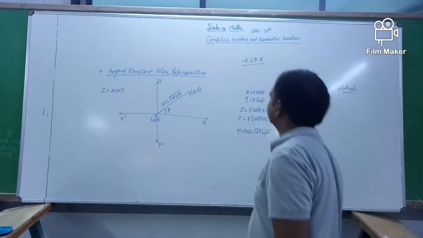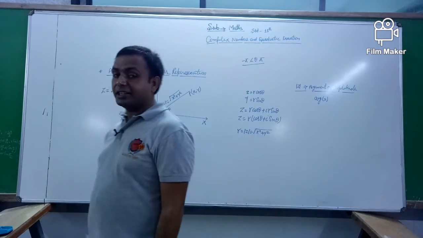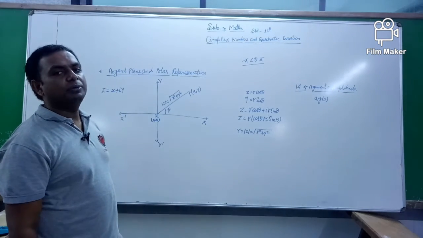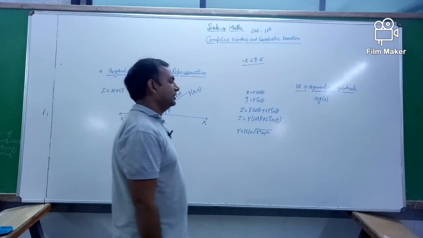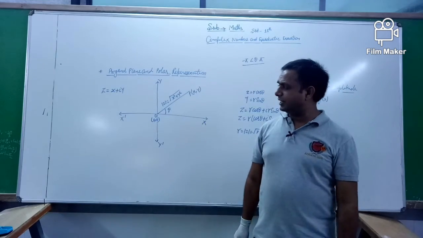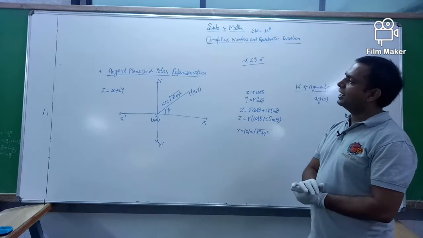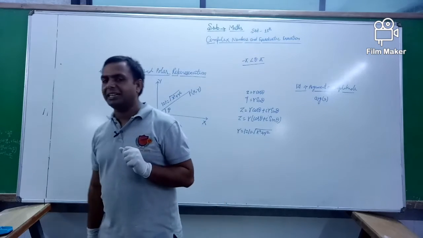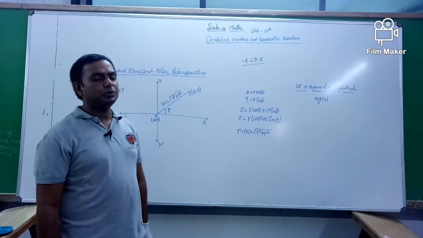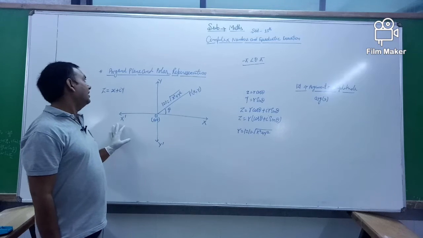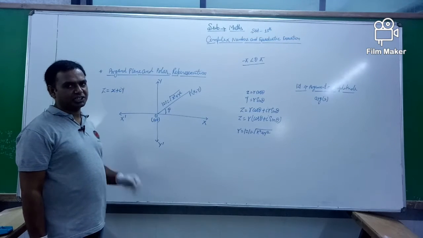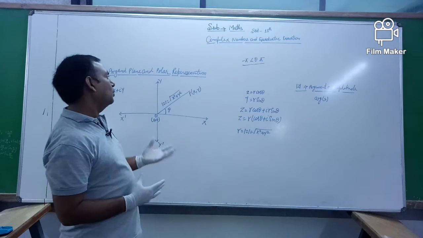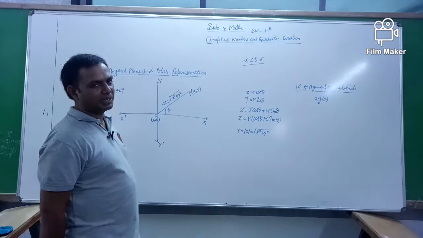In the previous lecture on complex numbers and quadratic equations, we solved problems related to i, and also how to represent any complex number in the form x plus iy. Today we are talking about the Argand plane and polar representation, and how we can find the Argand plane and polar representation of a complex number.